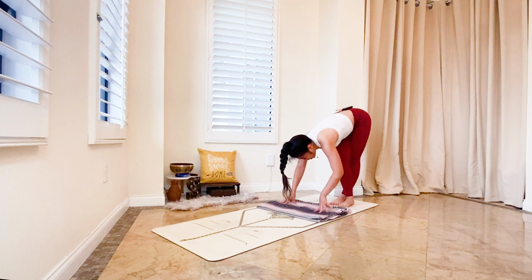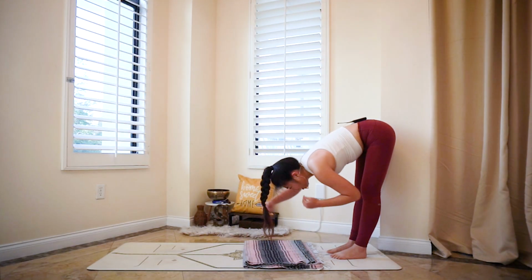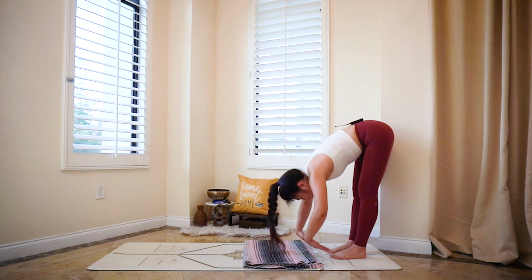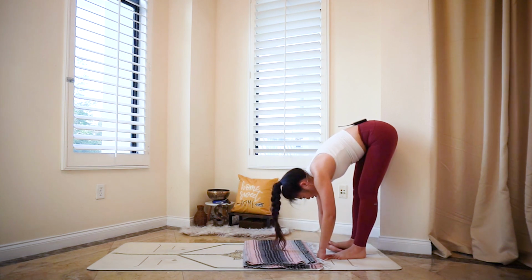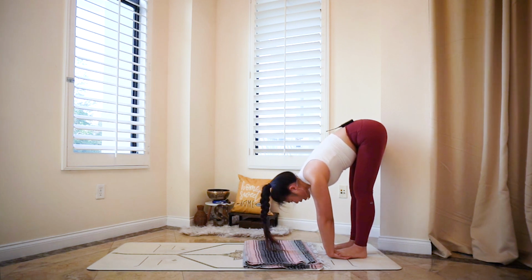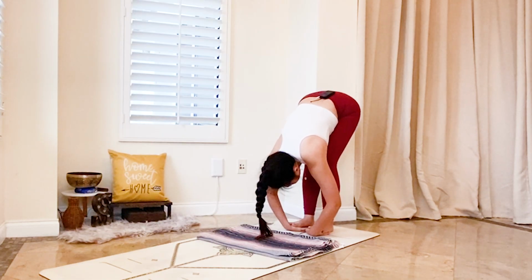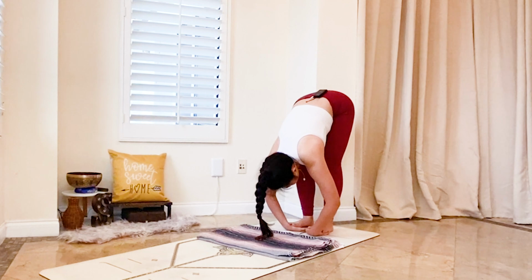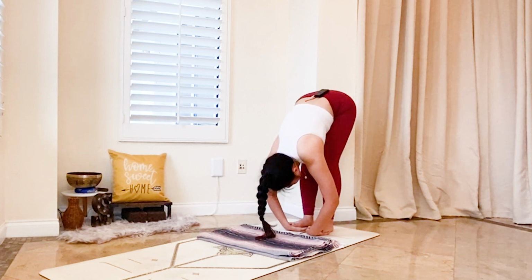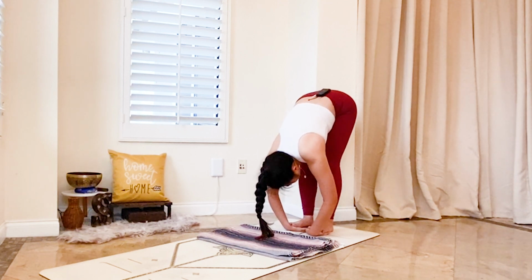And when you are ready, walk the fingertips back towards the center, release the legs. Last bit of effort, tuck your palms underneath your feet. Reach your toes to where the wrist is naturally creasing, and then bend the elbows to the sides, left and right, so that you can find a bit deeper stretch in the hamstrings, in the lower back. You can paddle the feet, bending the knees one at a time to really feel the difference, feel the